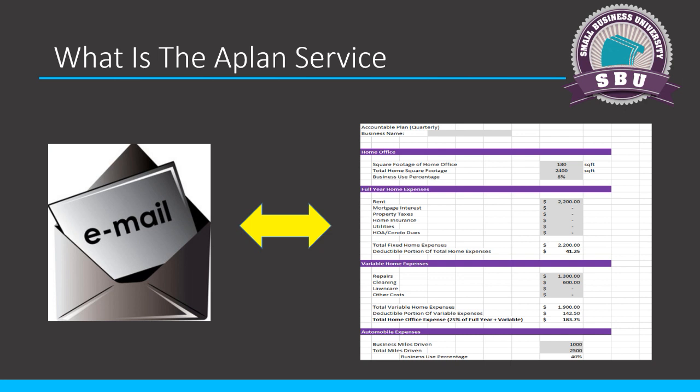And lastly, if you do want to automate the request portion of this, what we do is we set up a quarterly email in MailChimp that goes out to all of our clients that are paying us to do this, and we don't have to remember about the email. So the email goes out and says, we need your mileage, we need this, we need that, we need the other, and that goes out to everyone who's paying us for it automatically at the end of each calendar quarter, and then when they respond to that, we get the information and we put it into their reports. You're going to need some way of tracking some of this.